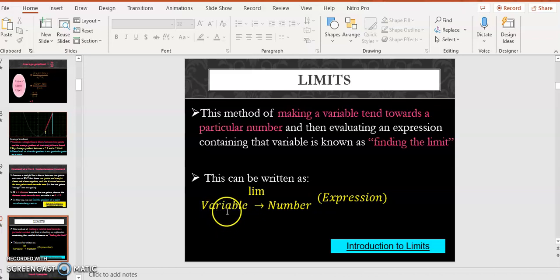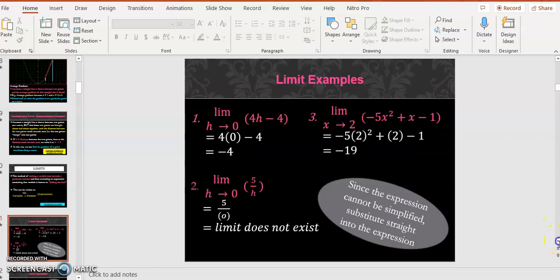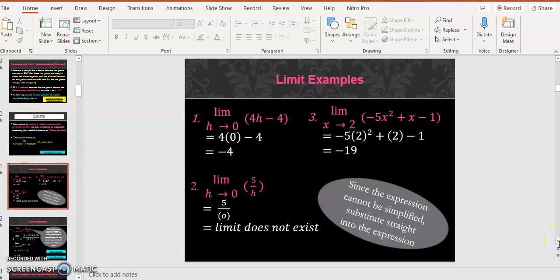That variable can be, let's say, h, x, y, etc. Let's say h approaches 0, h approaches 1, h approaches 5. All of them are limit. Okay, now we are going to work some examples on limits. Assuming you are told to find the limits